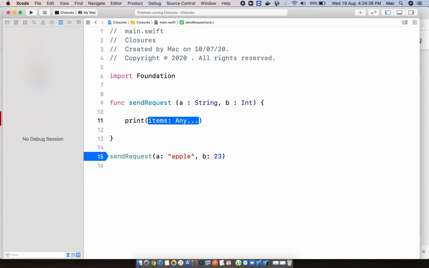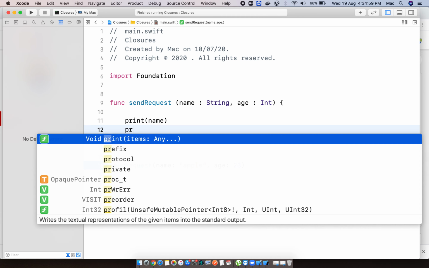So I am printing these parameters. I'm giving the names, name and age. Here also we need to change it. Okay, name. Yes, this is better for understanding. Now printing the name, and here printing the age.